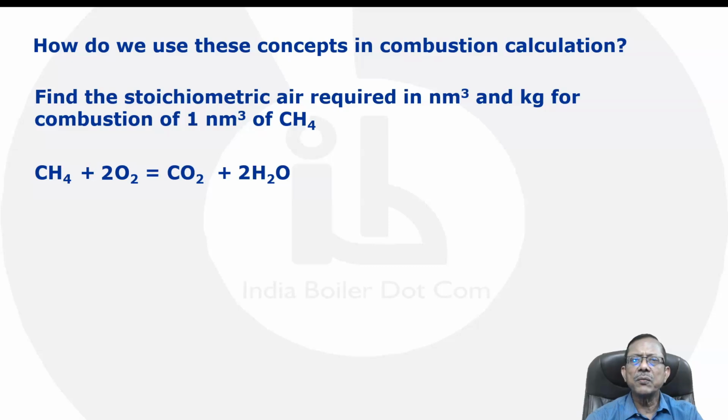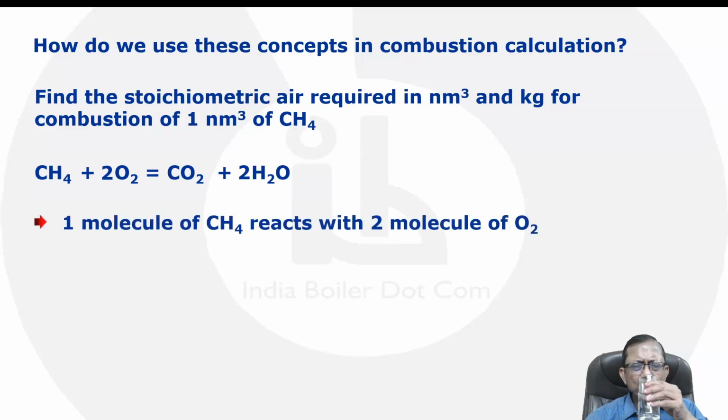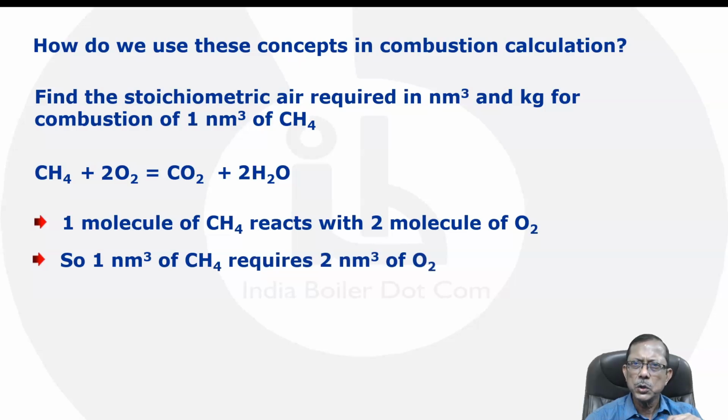Now the equation is balanced. So what does this equation say? It's a molecular equation. So it says that one molecule of methane is going to react with 2 molecules of oxygen. The result will be 2 molecules of H2O and 1 molecule of CO2. Okay, so now we know how much oxygen is required for 1 molecule, and if I want to calculate in nm cube, nm cube means NTP, so the temperature and pressure is constant for these gases. So I can say using Avogadro's principle 1 nm cube of CH4 is going to require 2 nm cube of oxygen,